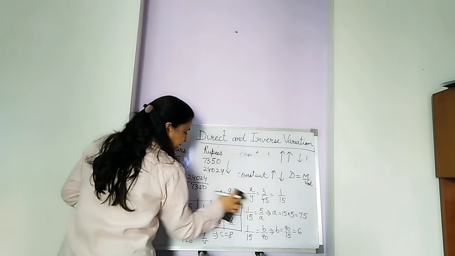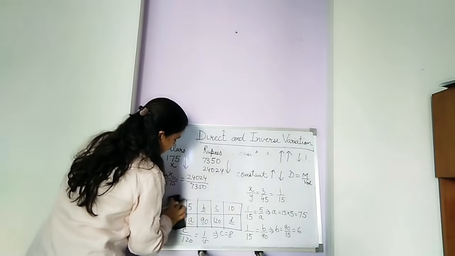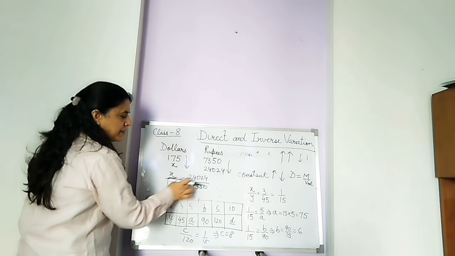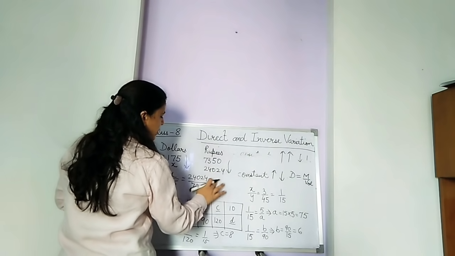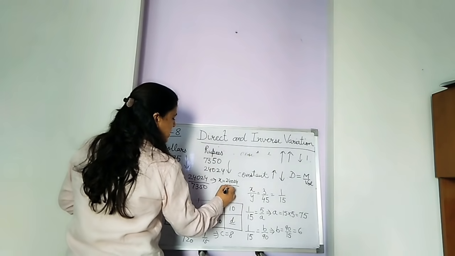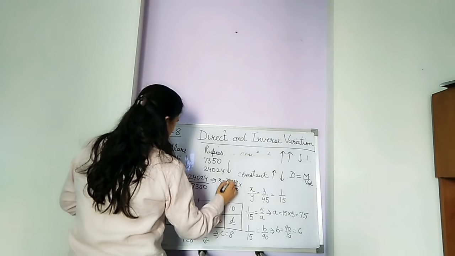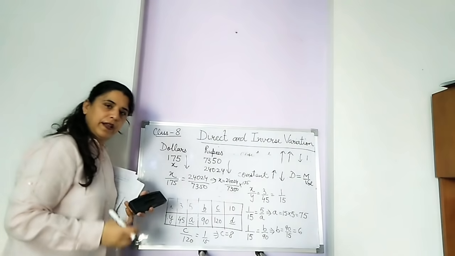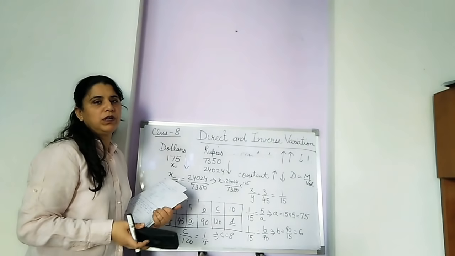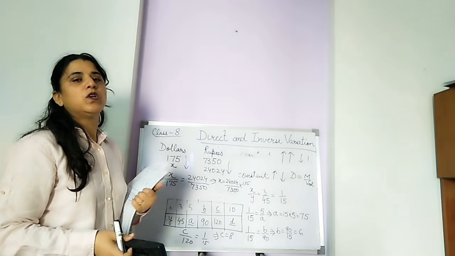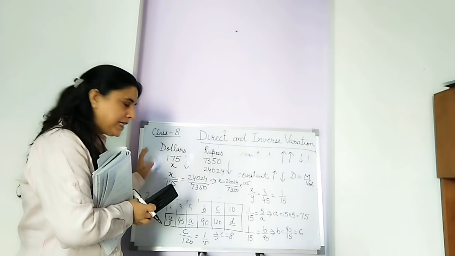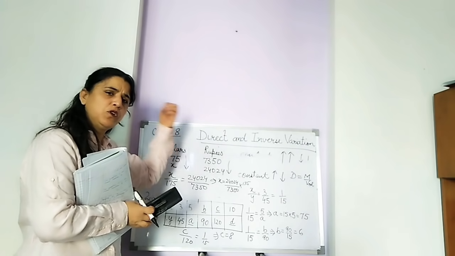Now once you have written it like this, we will solve this. You may cross multiply and solve, or X divided by this is equal to this. So you can straight away write X is equal to 24,024 upon 7,350 into 175. Clear? Whatever you get as the answer, $572 can be purchased for rupees 24,024. I hope this is clear. The method is clear. What you will do is make two columns. No need of any statement.